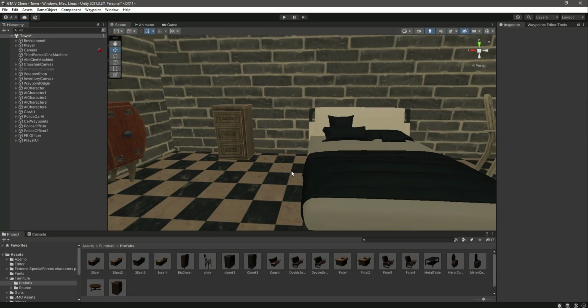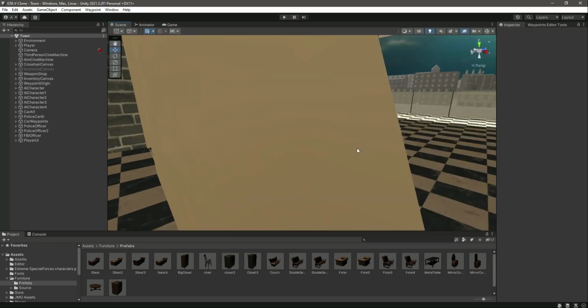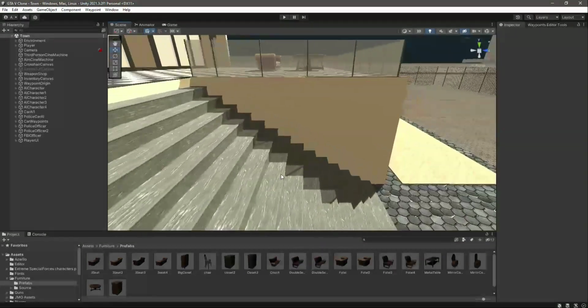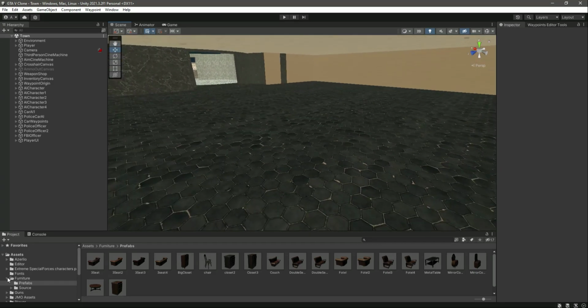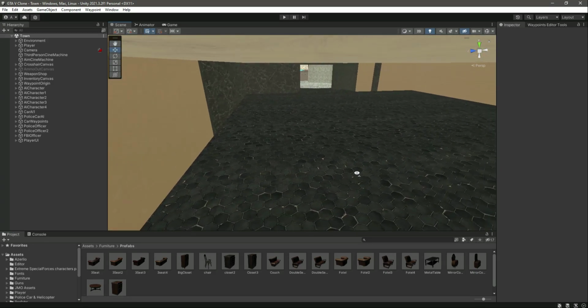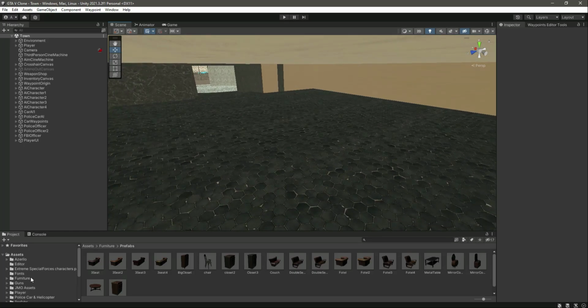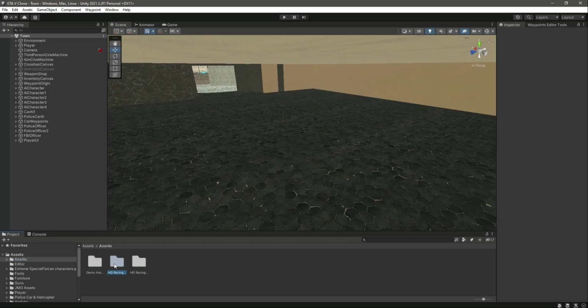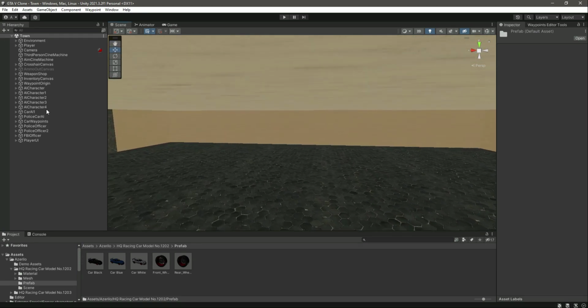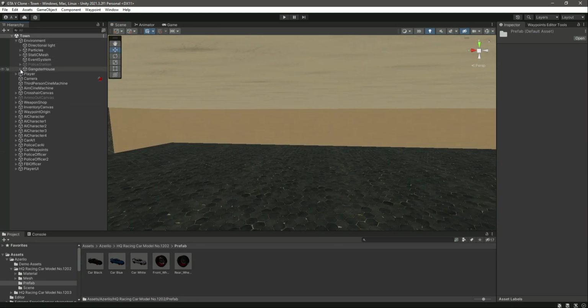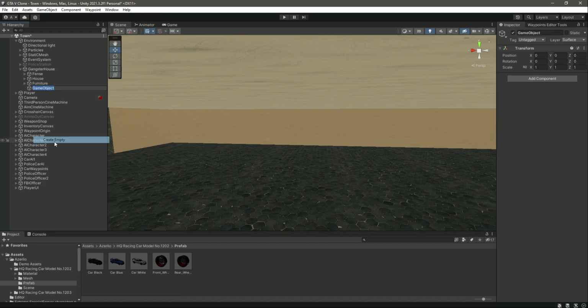So with our furniture added now, let's add the vehicles now in the garage, okay. I will just add a few vehicles, and I will show you how you can add vehicles, okay. It is really simple. Just click on this and then prefab, and for example, if you want to add this vehicle, then for that, first of all, in the gangster house we will need to create a new game object by the name of cars. And now let's, for example, drag and drop this car,